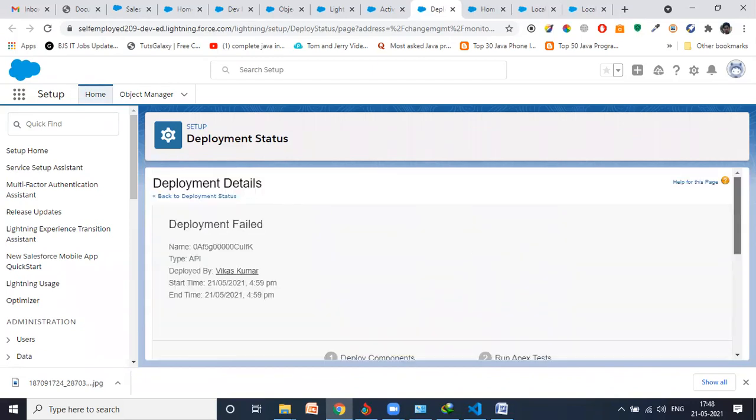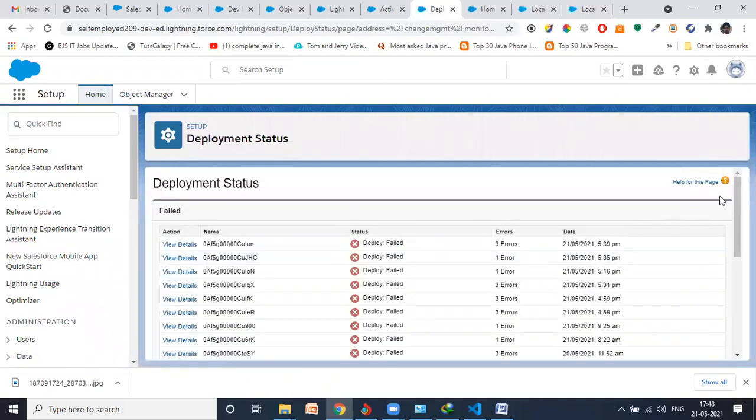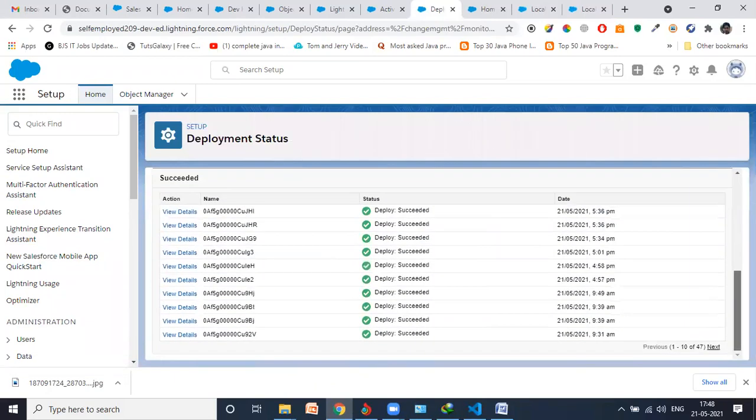This was the previous error. Don't need to worry. Just type deployment status. Go here. Scroll it down. Yeah, deployment status.